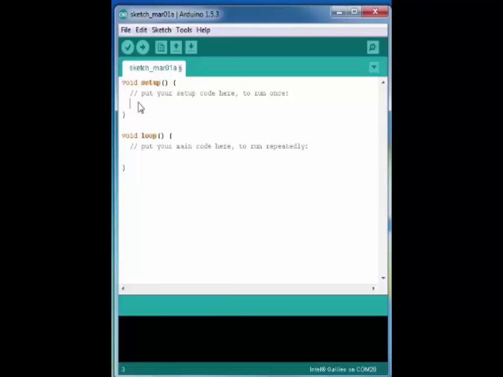We have two functions in any Arduino sketch. One of them is a setup function where we write the initial conditions in our program, and the other is a loop function where we write anything that needs to be continuously executed. We will use system calls to issue a command to Galileo's operating system from an Arduino sketch. First command in the setup function is a system call